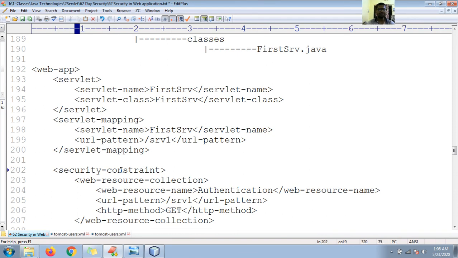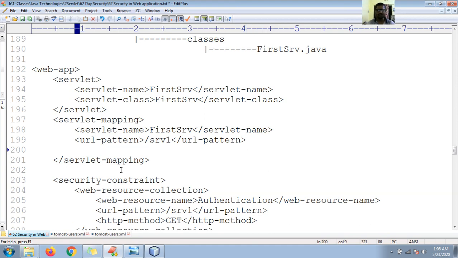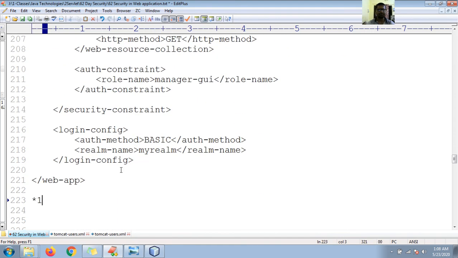Okay guys, let me add here the servlet mapping URL. This is about your servlet configuration. This is SRV1. So let me add here *1. What's this *1? *1 indicates